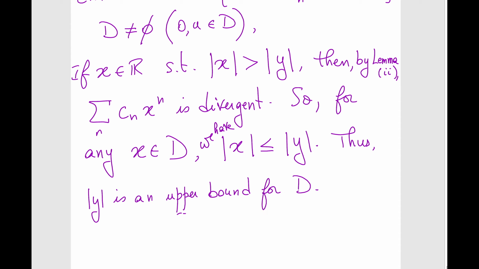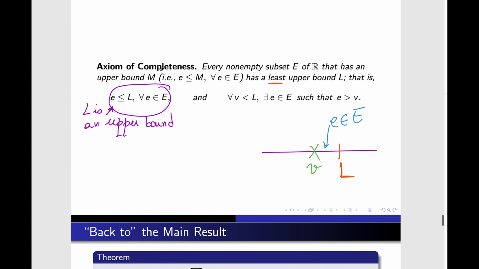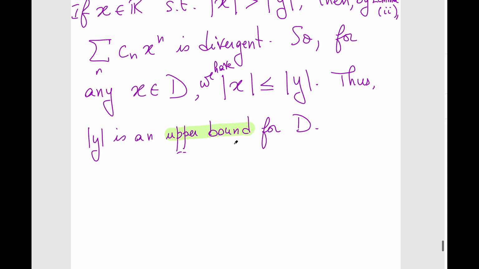Okay, so what can we say at this point? We can say the following. The function has D as its domain, and that D is non-empty, and it has an upper bound. So if you go back to the axiom of completeness, every set that's non-empty and has an upper bound must have a least upper bound. Okay? So by the axiom of completeness,